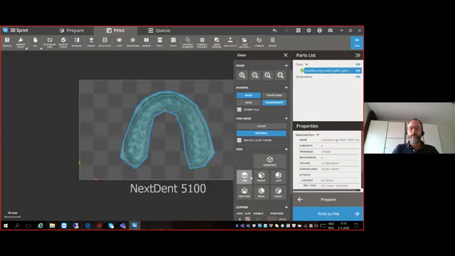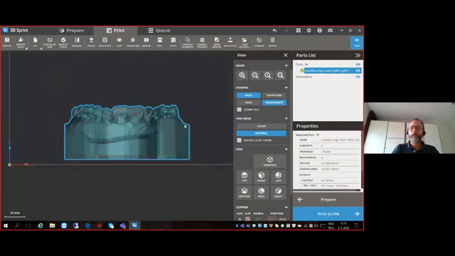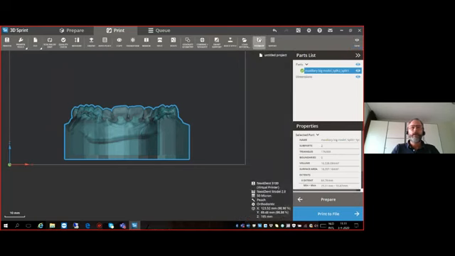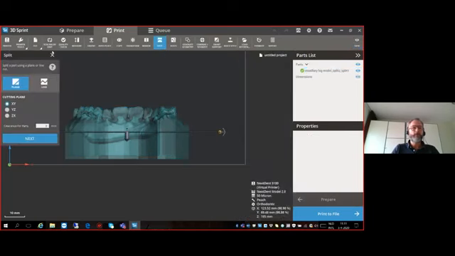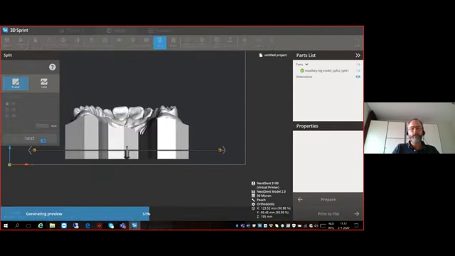Now, let me see. For this one, I would like to have the front. And then again, I can go to the split option, but now I'm not using the line, I'm using the plane. And I'm going to drag this a little bit. And if you see here, this is the bottom of the model, and this is where I split. And by now splitting the model,